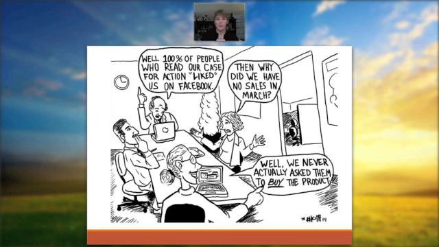Now, why did I stress the request thing? Here's the thing. In this cartoon, I have an artist that did the cartoons for my book. I actually had a phone call with an organization that was trying to get a product out there and get people to support it and do a specific action. And I said, well, what did you do? And they said, oh, we did this huge Facebook thing. And we got really positive response. And we went up to 2,000, like some astronomical, 2, 3, 4, I don't even remember. It was a huge number of Facebook likes on their page.